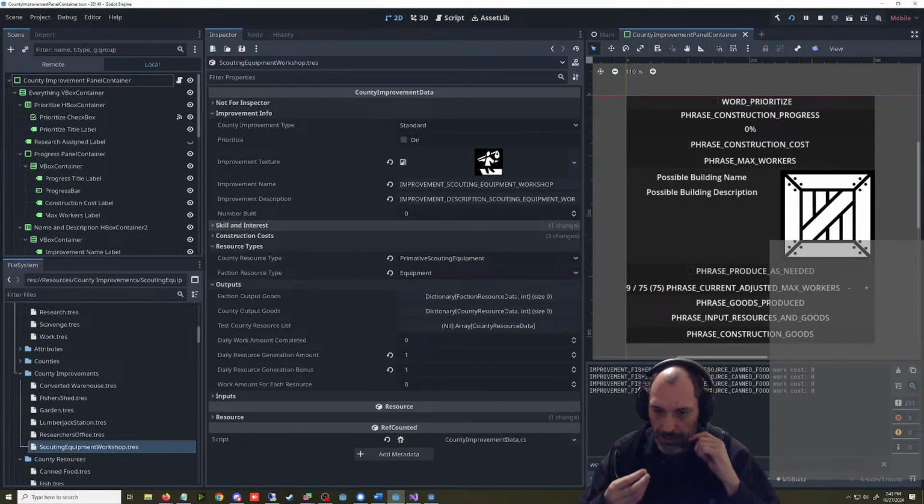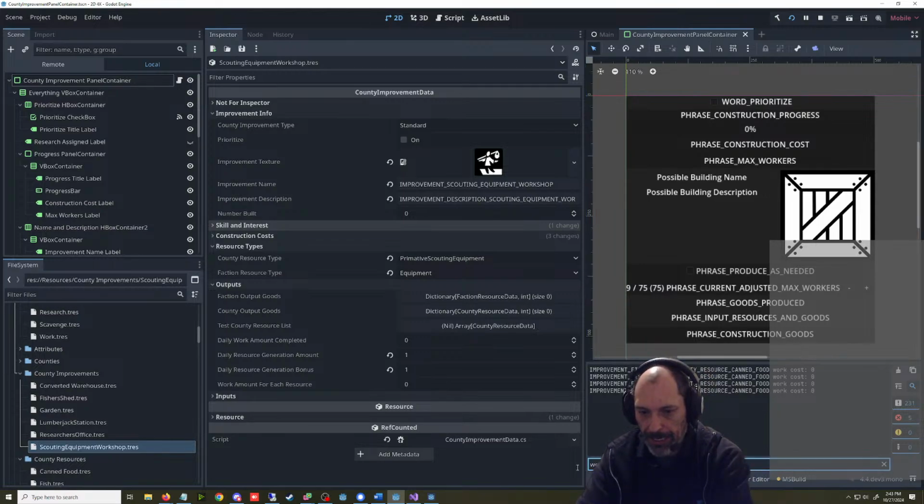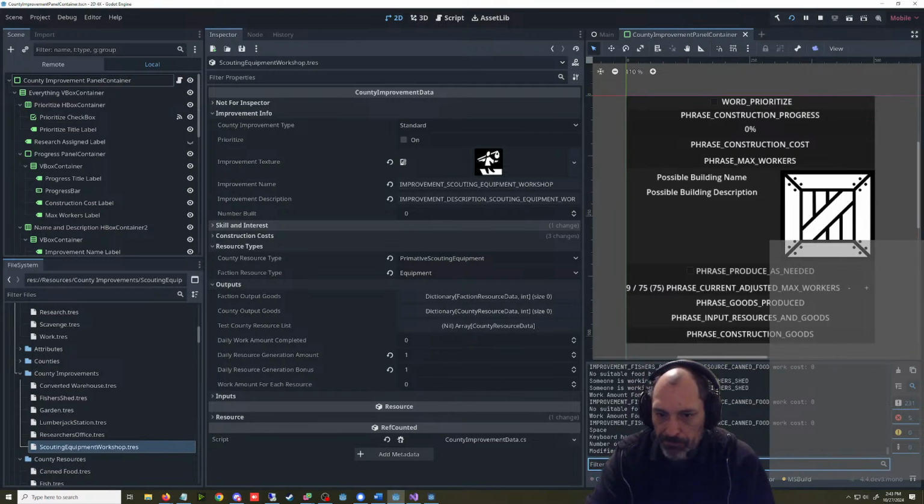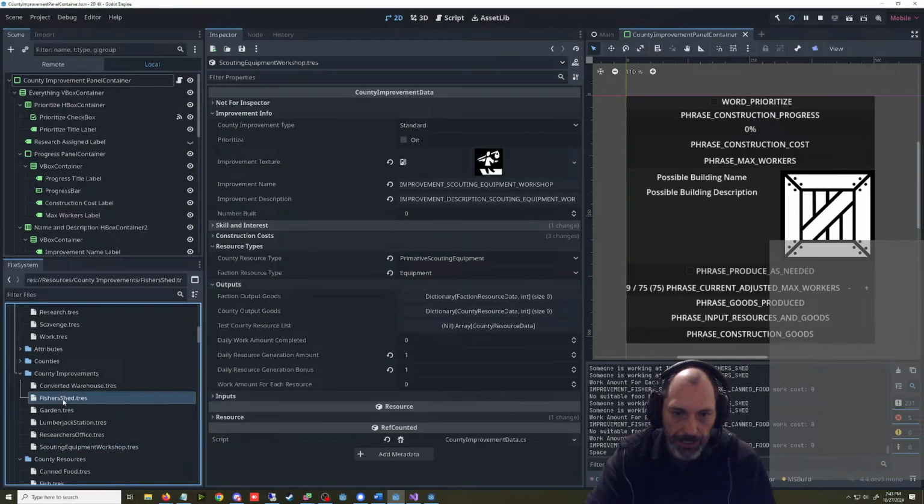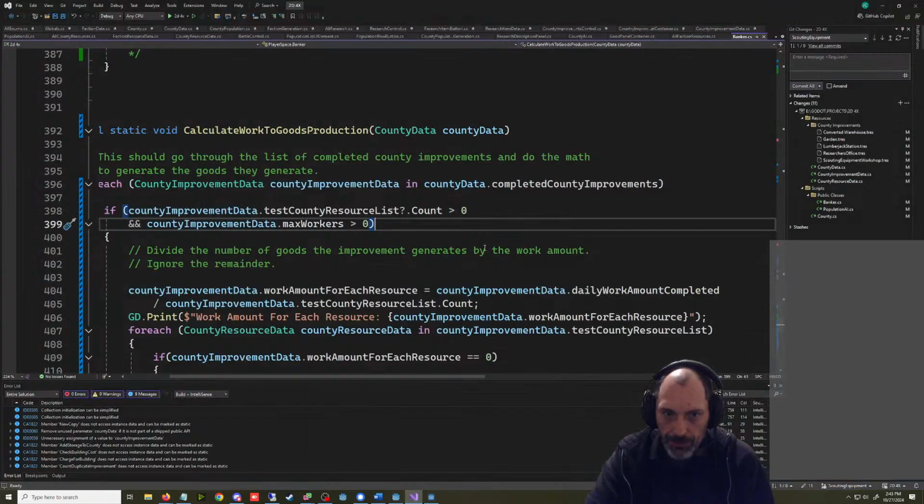I wonder if we could find out somehow where this is happening. Someone is working in an improvement. Yeah, so it's really trying this fisher shed, but there's nothing here. It must be checking there's nothing in these outputs. It thinks that there's nothing here at all. So there must be,